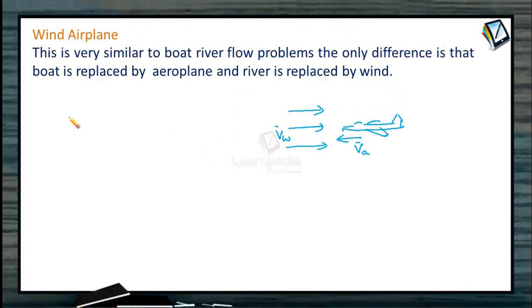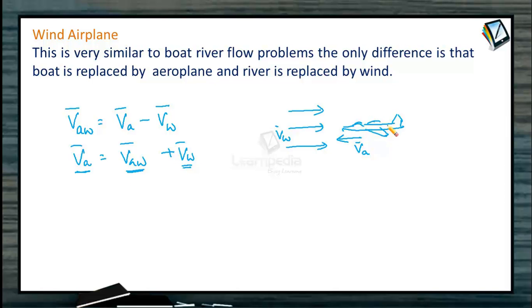So simply we can write the velocity of aeroplane with respect to wind is equal to velocity of aeroplane minus the velocity of wind. A similar type of problem we did with respect to the bicycle also. So velocity of aeroplane will be velocity of aeroplane with respect to wind plus velocity of wind, where this is the absolute velocity of aeroplane with respect to ground, this is the velocity of aeroplane with respect to wind, and this is the velocity of wind. So when the aeroplane is moving against the wind, the distance covered in this direction will be less. When it is moving in this direction, it adds up.